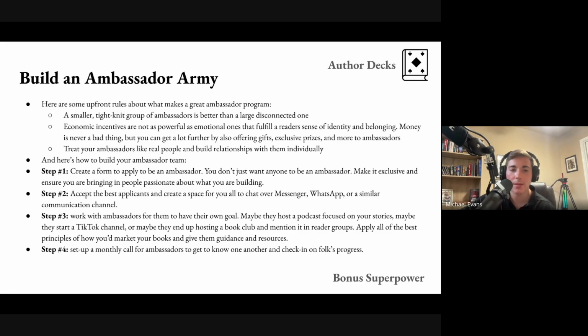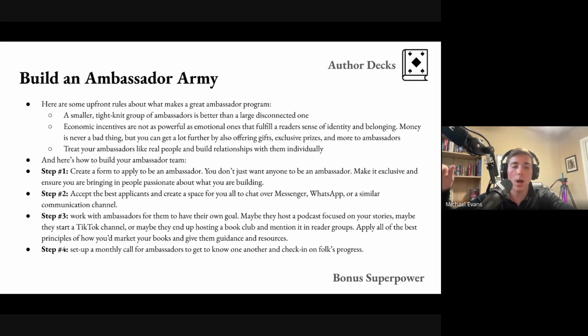It's an active thing. They believe in what you're doing. I'm going to touch on this in my last superpower. They all connect, but they believe in what you're doing and want to share it with the world, right? So step number 1 is to create a form for someone to apply to be an ambassador. You don't want just anyone to be an ambassador. You want to make it exclusive and make sure you bring the right people in who are actually passionate about